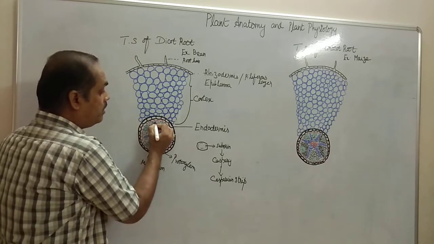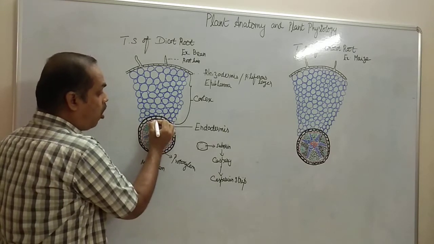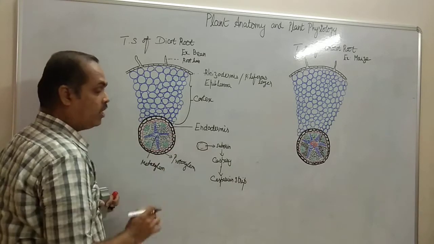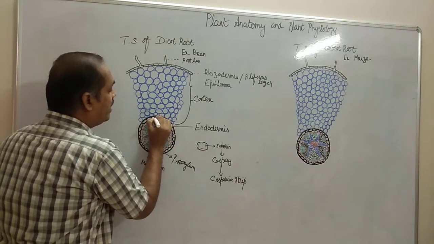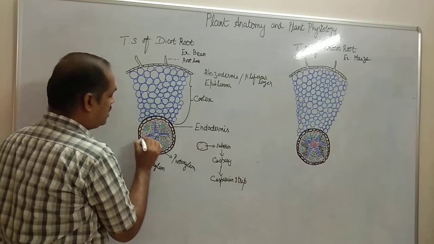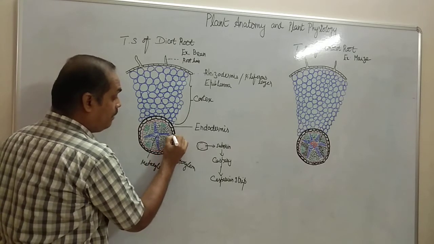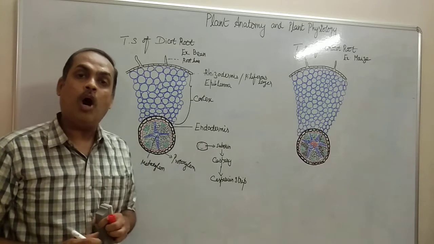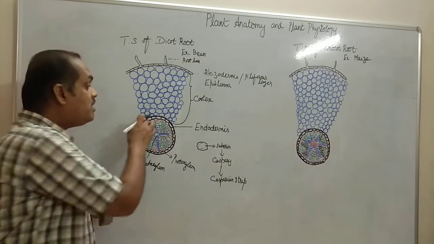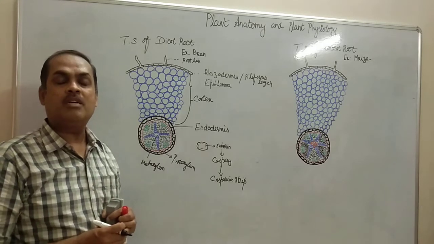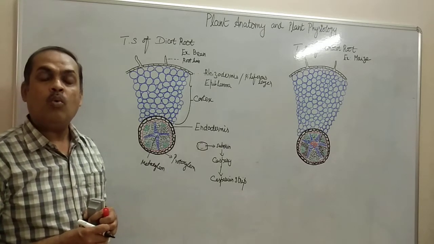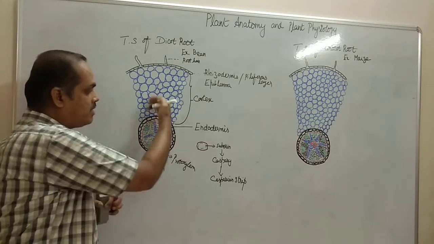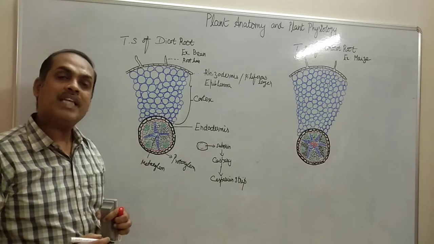Now the endodermal cells which are opposite to the protoxylem point. So this endodermis, this one and this one, here alone the Casparian strip is devoid. So Casparian strip is absent in these four endodermal cells which are opposite to the protoxylem. These endodermal cells without Casparian strip are called passage cells. Why are they called passage cells? Because they will allow water and other minerals to pass into the xylem.